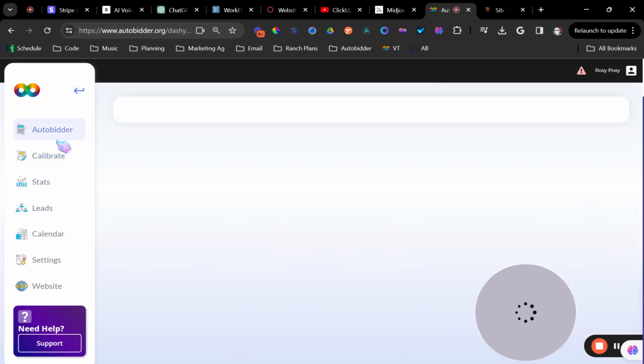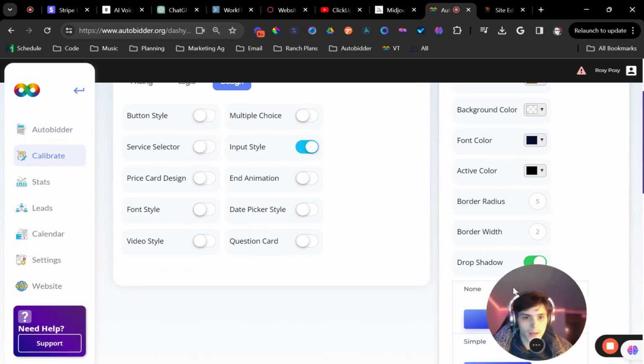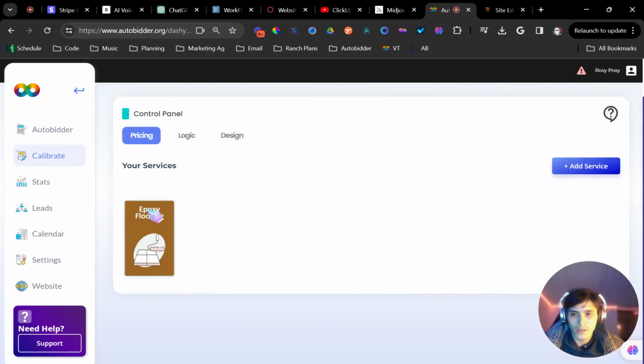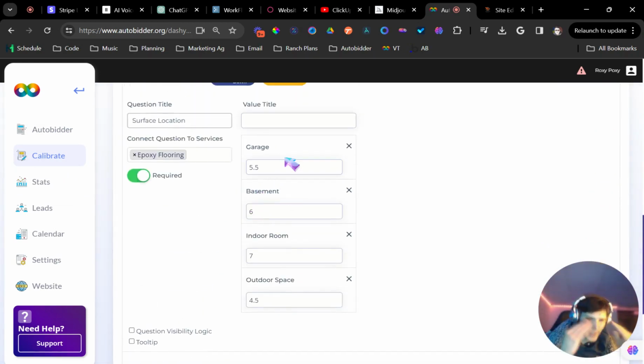So you come into the calibrate page, and you want to head over to pricing, and then you basically just play around with it. Just try to think through. The way I like to do is think through your most common services, the most common popular job types, and just sort of start there, and then say, okay, in this example right here, garage is probably your most common